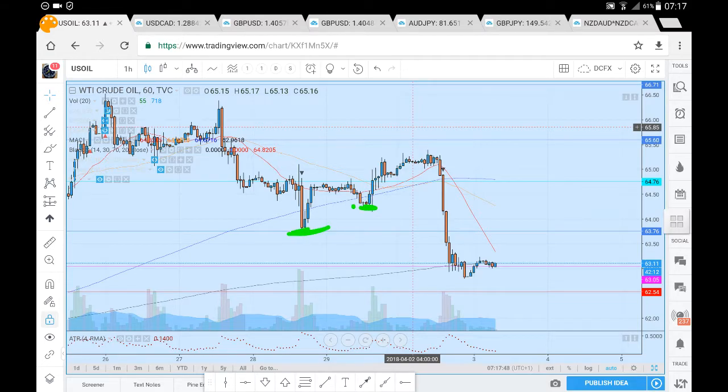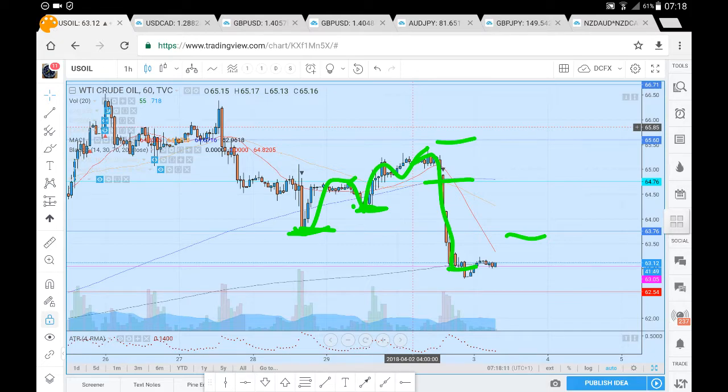We previously came down towards that 63.76, from which we did see a move up towards our 64.76. So a brief sell side momentum posted a higher low, solid progression to the upside. We didn't quite get up towards our 65.60, from which we did see strong sell side momentum breaking below this 64.76, progressing beyond 63.76, breaking our previous lows here, progressing all the way down towards that 63.05, where we do